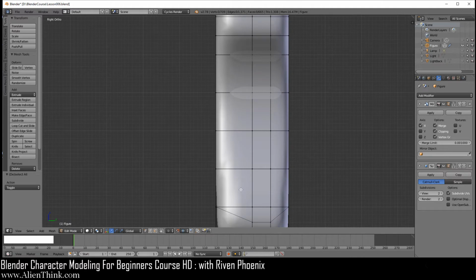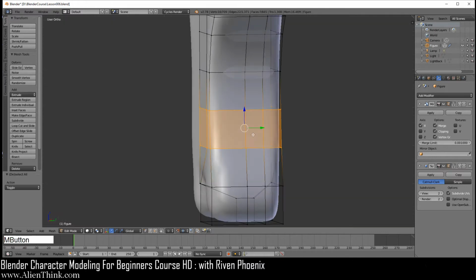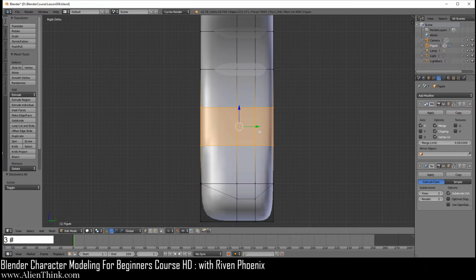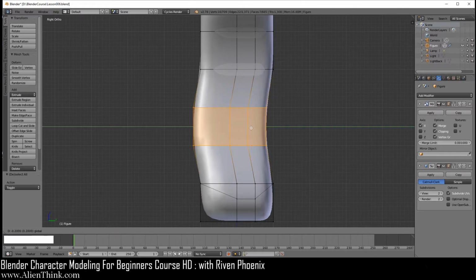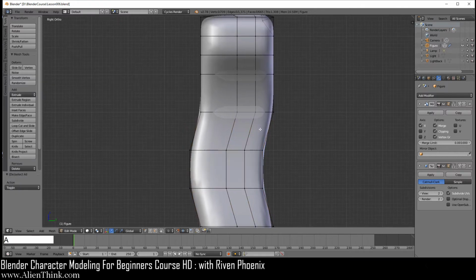So we're going to first set up this section over here. So we need to get this area. We're going to press C. We're going to go ahead and select all this. So it selects. If I do the middle mouse button, you'll see what I've selected. I'm going to bring it to the left 3 times: 1, 2, and then 3. Then shift middle mouse button to pan up, A to deselect.